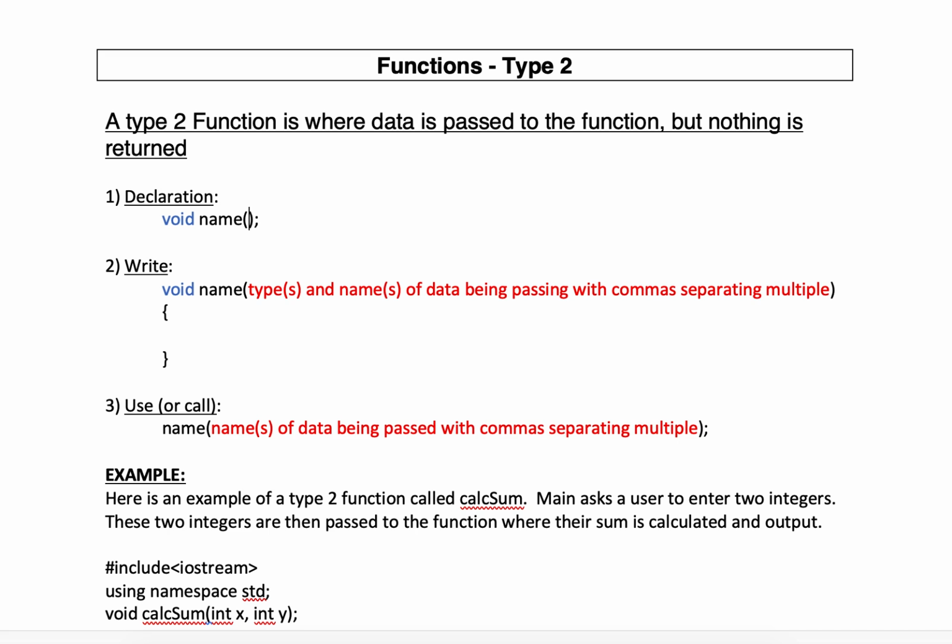If I was going to send it two integers, int d, and then int a. It doesn't matter what you call these, and it doesn't matter what you call them from main, you'll see that. It's not like a declaration where I can say int d, a. You can't do that. You have to have the type for both. Or if I'm sending three ints, or a double x followed by a char,